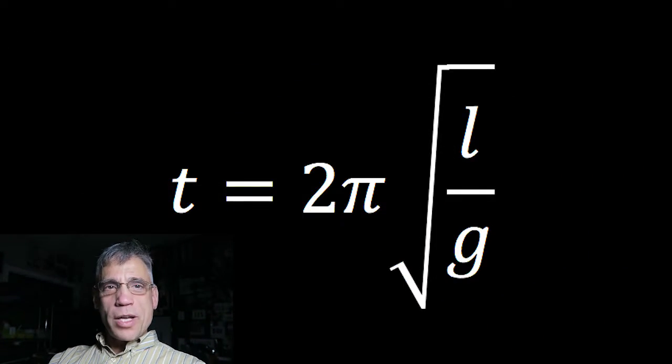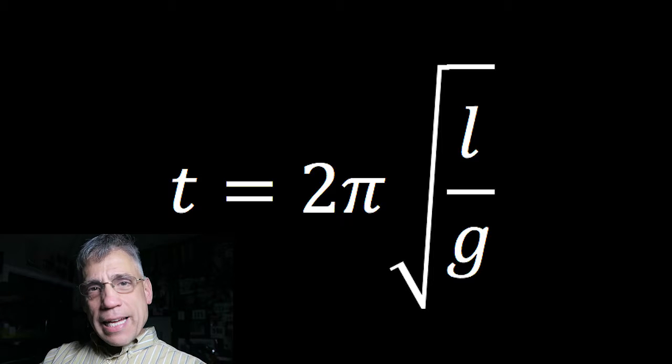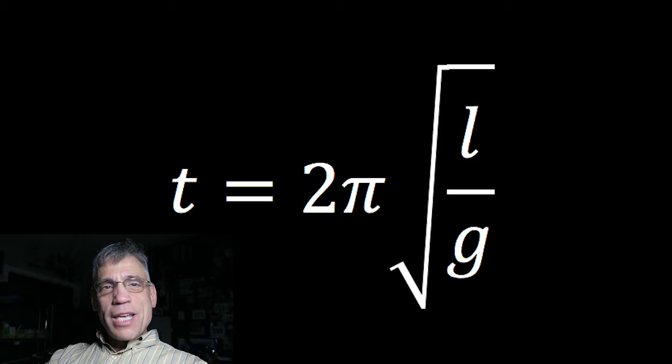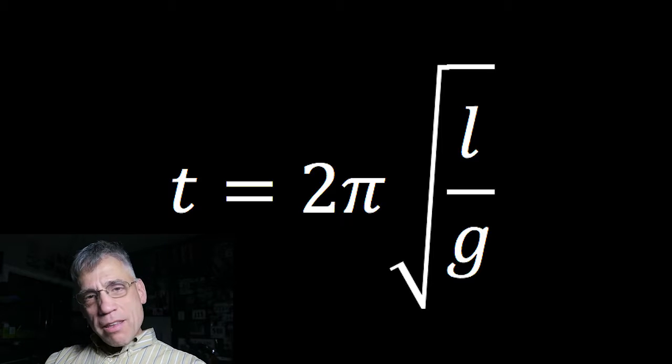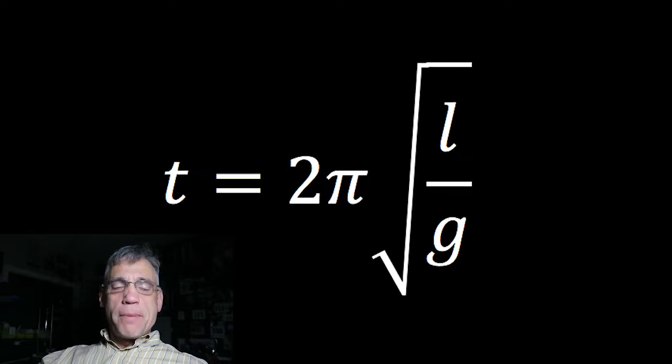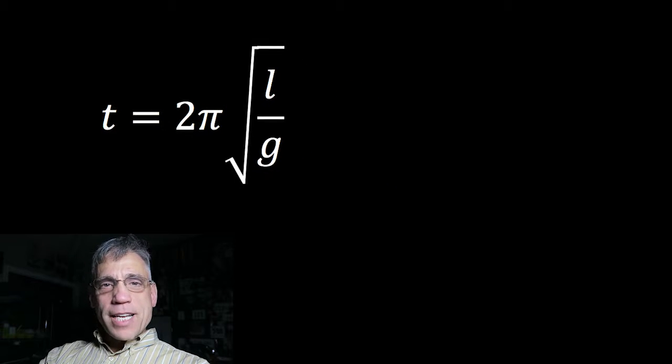The theory of pendular motion is that the time it takes for the pendulum to swing out and back is equal to 2 times pi times the square root of the length of the string of the pendulum divided by the gravitational constant,